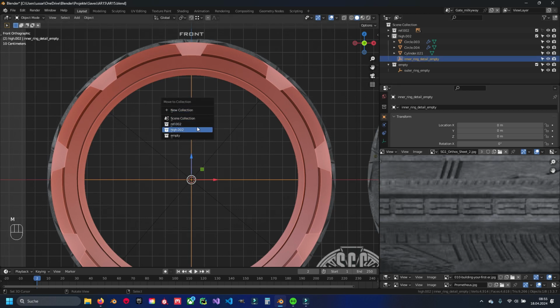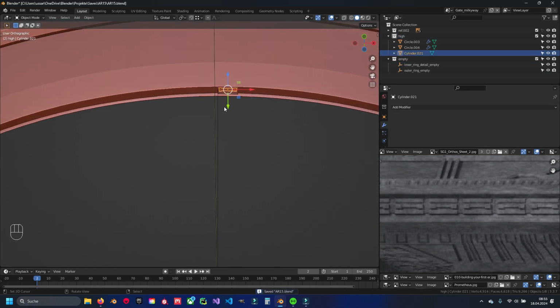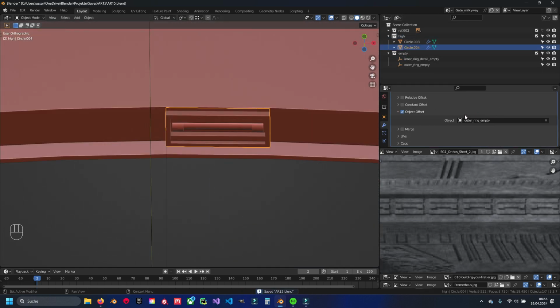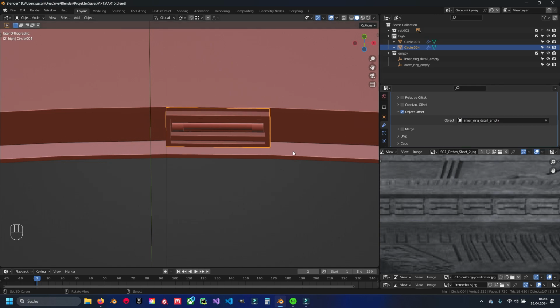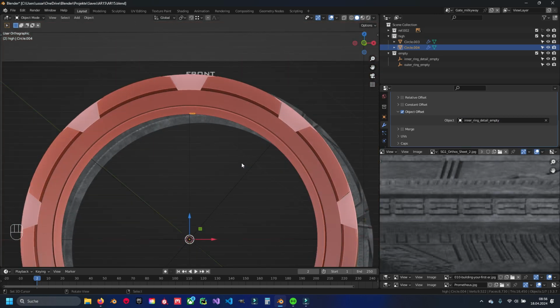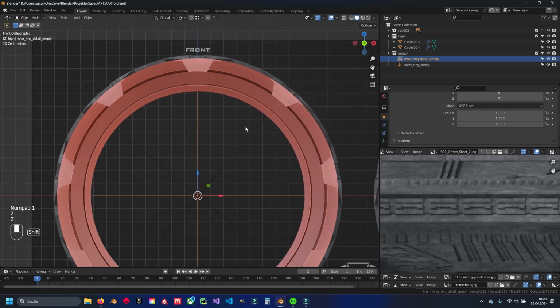Move that into the right collection. Select the detail, and with the detail we just have to change the object. We don't need the outer ring empty, we need the inner ring empty. And with the inner ring empty, you can now